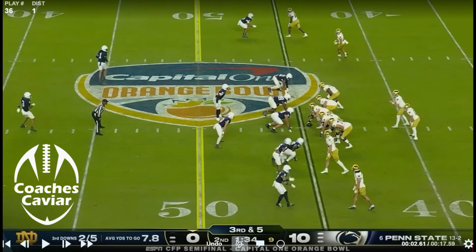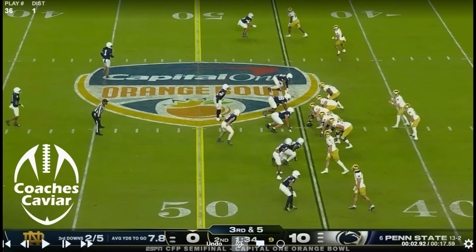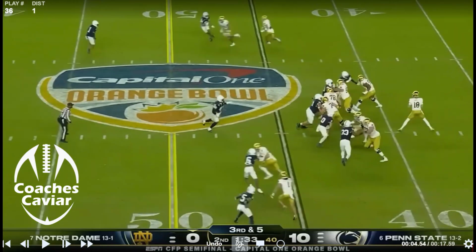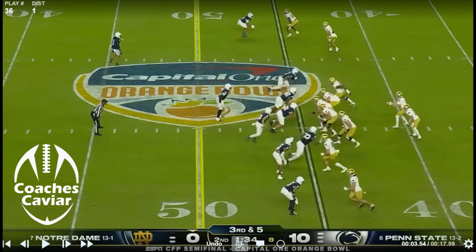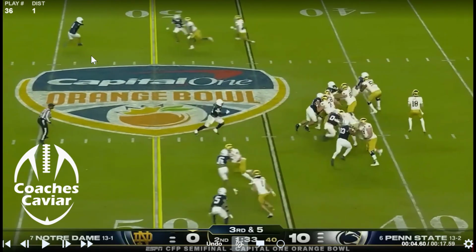I mean, he looks really good. One easy completion right there to start us off. 3rd and 5 right here, 2x2 set, and all you got is you motion out just a little bit, and it's just an option route. He can either break out or he can break in depending on what's happening, and Penn State does bring a little bit of pressure, and once he sees him go to the top, instead of breaking out, if he would have been underneath, I think he goes out, but right here he goes over the top, so I'm going to